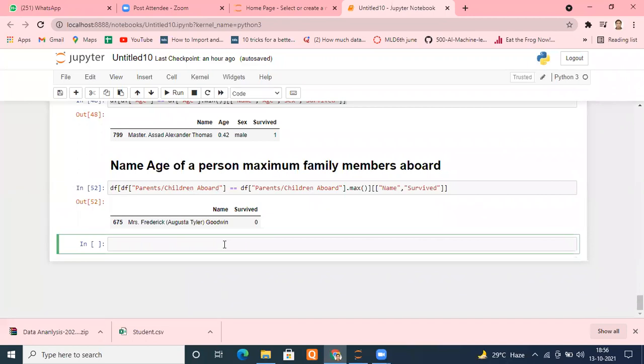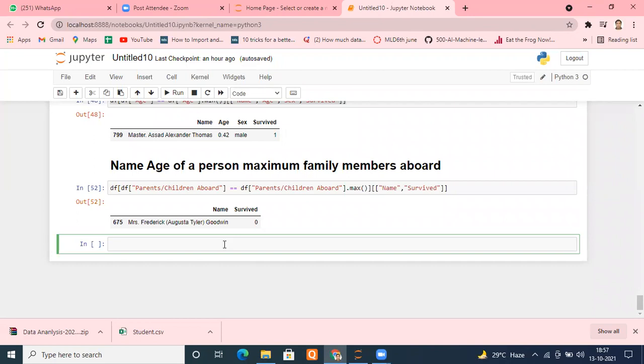So these are the basic filtering. How can we do filtering? Simple. First, find out according to which column the filtering is happening, which is the criteria. Choose the column which will be helpful for you, and from that column find out a maximum value, minimum value, or anything. Suppose I want to know how many people are there on the ship who are above 50 years of age.